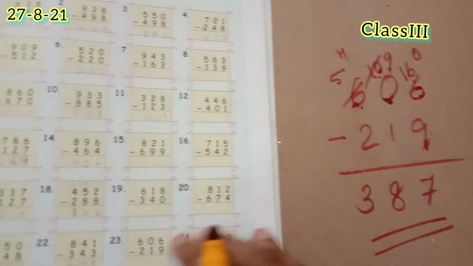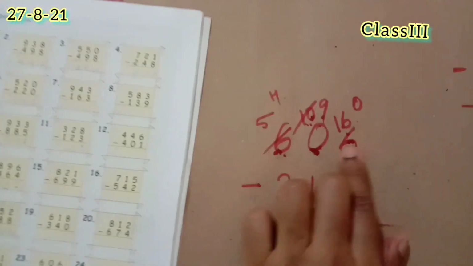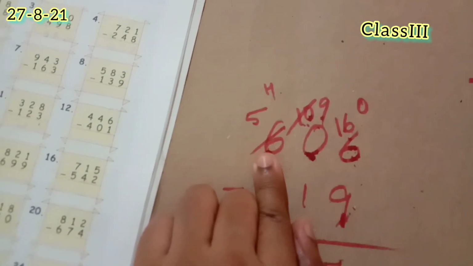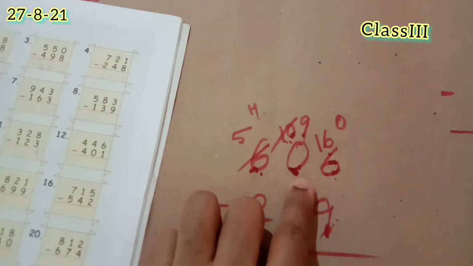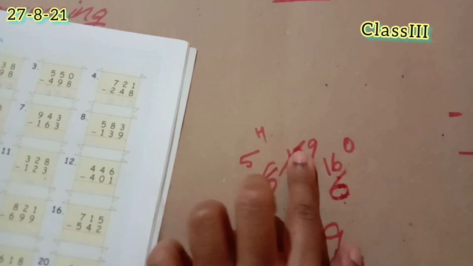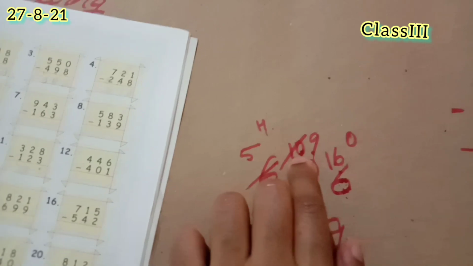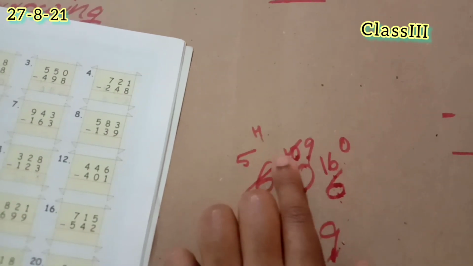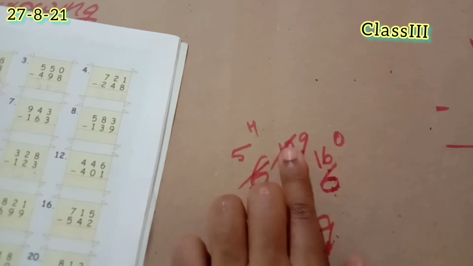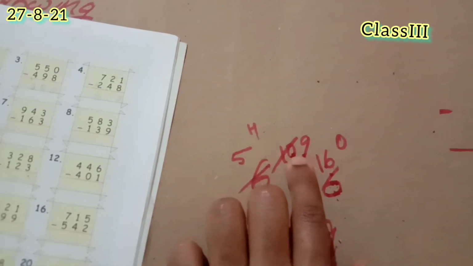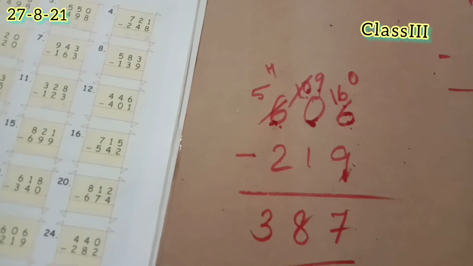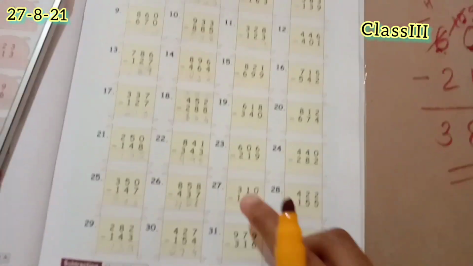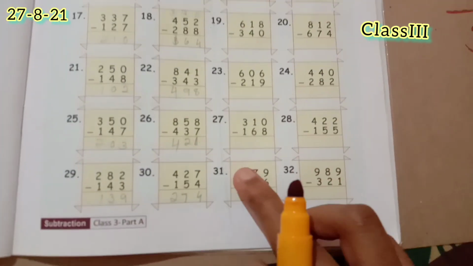387. When there is 0, actually 0 has nothing with him. So what he will do, he will ask his neighbor number and then he will take it. Then 0 becomes 10. Now I have 10 here. From this 10, I asked 1. So this becomes 16. From this 10, he gave 1 to 6. So what is remaining? Only 9. That was a change there. Okay. Then take the 27th question.